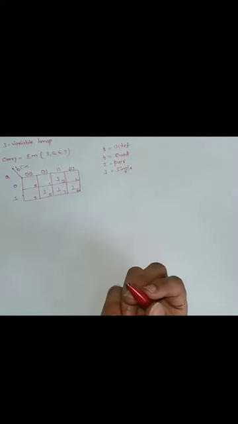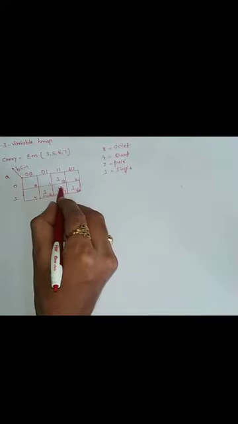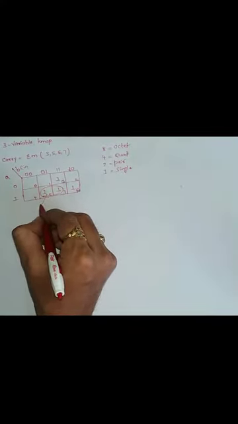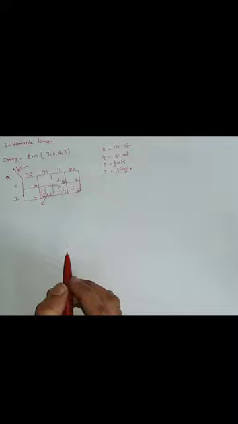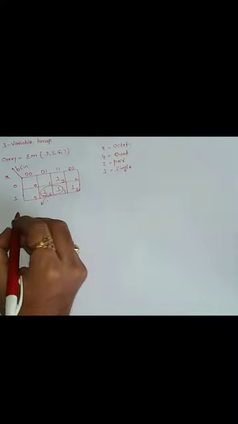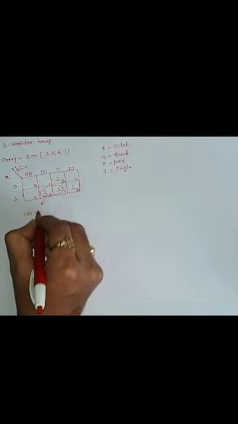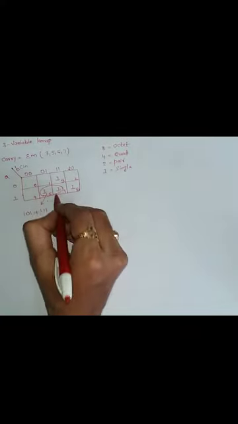Now in our K-map, octet is not possible, quad is not possible, but we can check for pair. This is one pair. If you want to write the answer, there are two techniques. Here 5 and 7 are the equivalents. The equivalent of 5 in terms of 3 bits is 101, plus 7 will be 111. This is one style of writing.